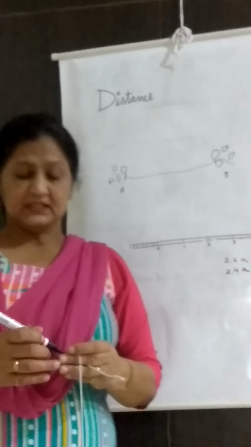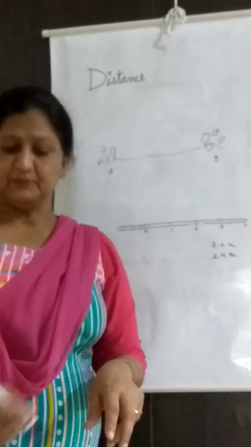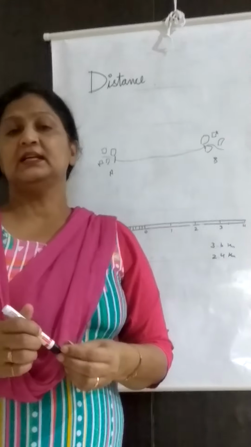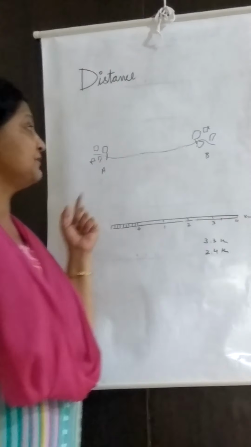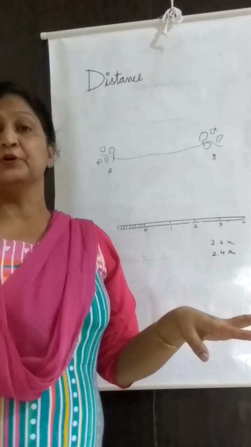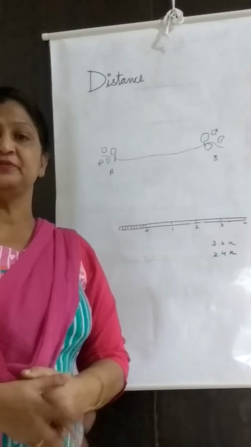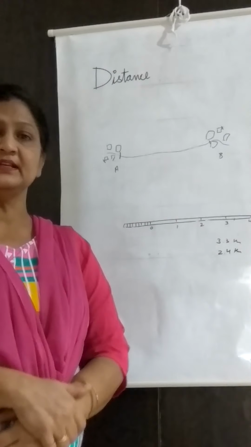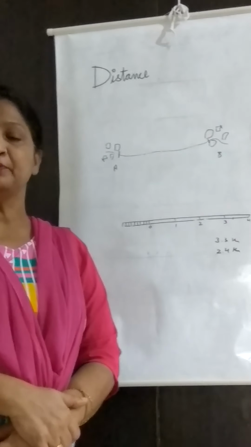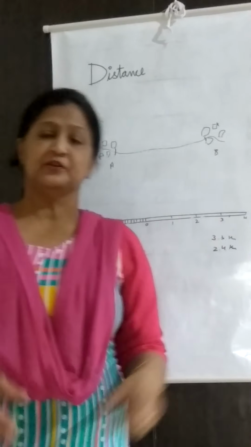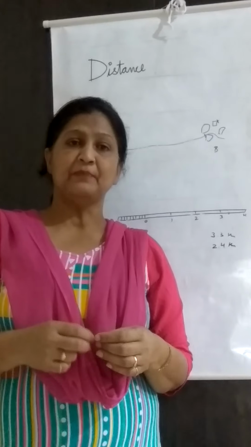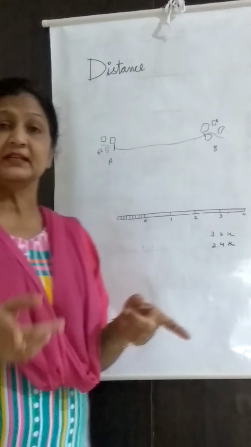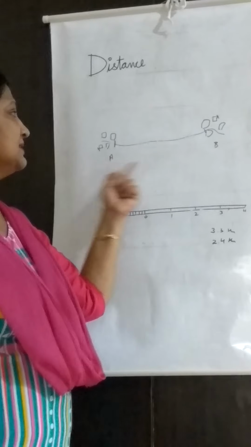This distance is measured mainly with curved objects, like tracks, roads and railways. When we measure the distance between two settlements with the help of roads and tracks on which we have to move, it is always taken with the help of a thread. The thread will be provided to you, as I told you; a 22 centimeter thread is always provided in the examination to tie your map. You know the map is a compulsory part. So you will use that thread to measure the distance between two places.